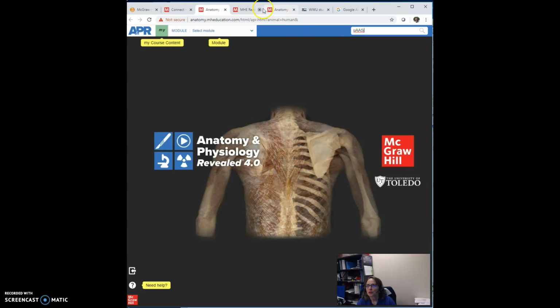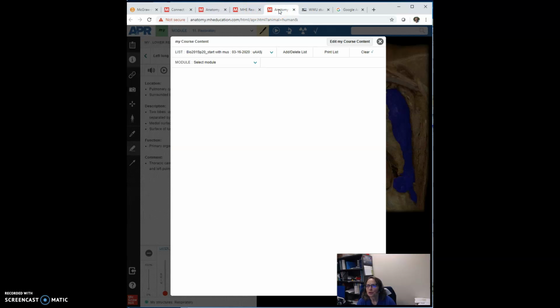That's your code. With that code, you would get this interface, or like here you can see it, maybe the interface is different. Then you can see here list Bio 2.1 Spring 20. We're starting with muscle tissue. I created it. This is the code you have to have. You go to select module. The only module at this time that has anything in it is the muscular one,